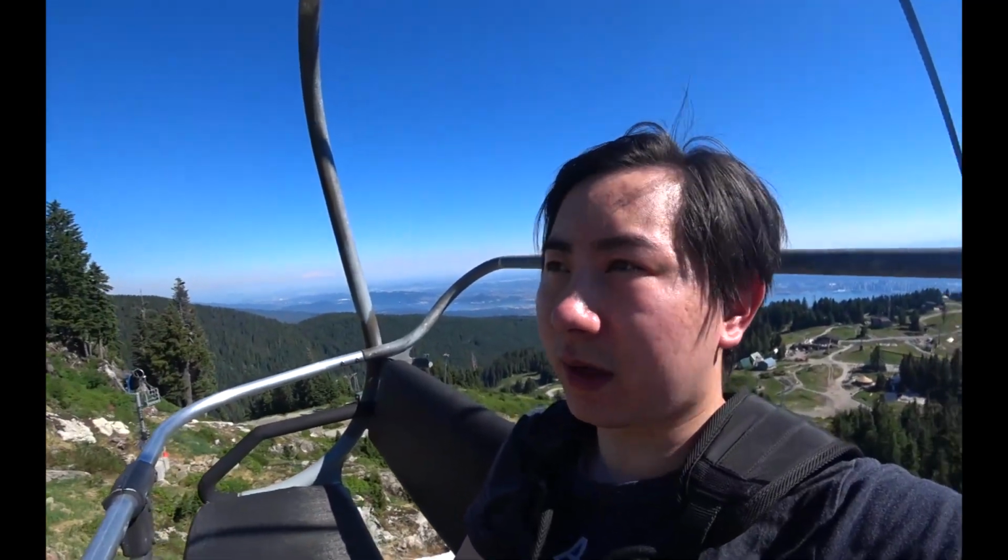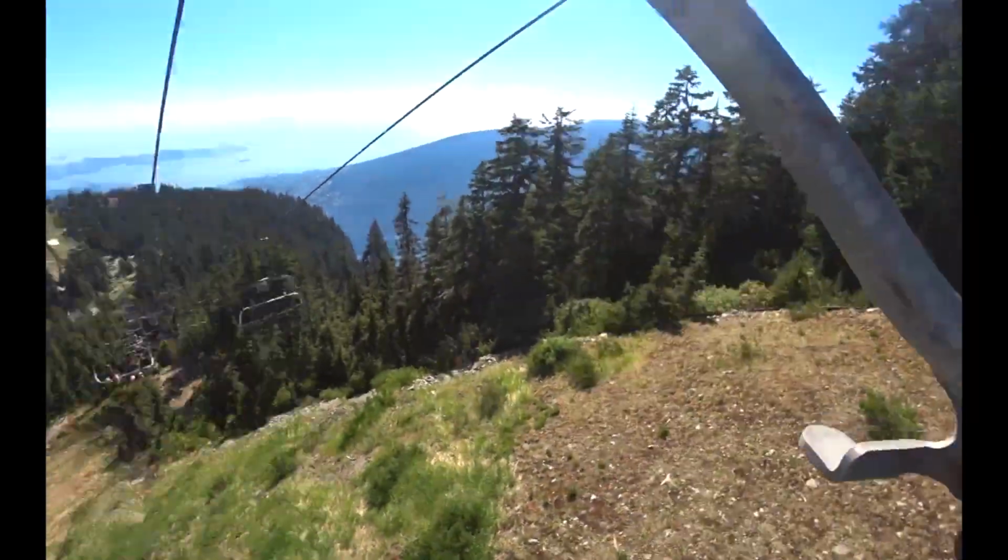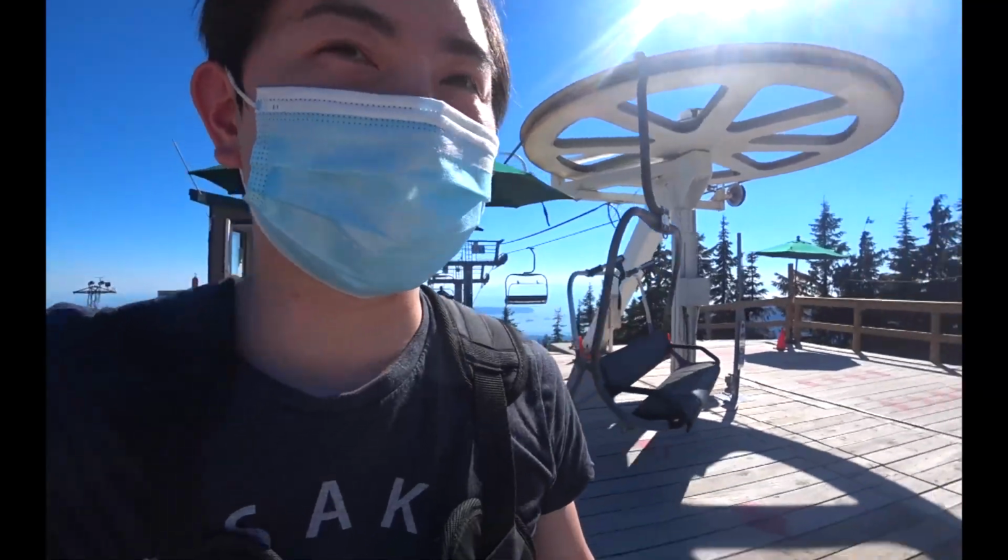Anyways, I'm gonna recap when I get further and just continue this journey. Yeah, this is an insane picturesque view. A little kind of sketchy just because on a chair and there's a little bit left before you get sent to your demise. Just got off the chairlift, so